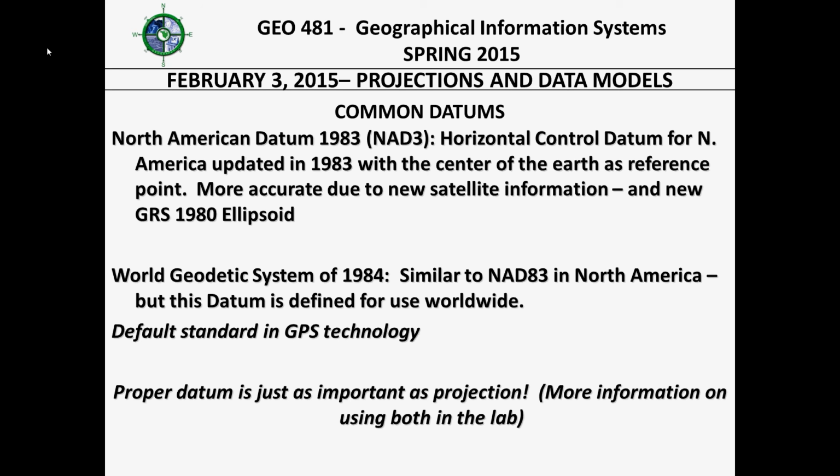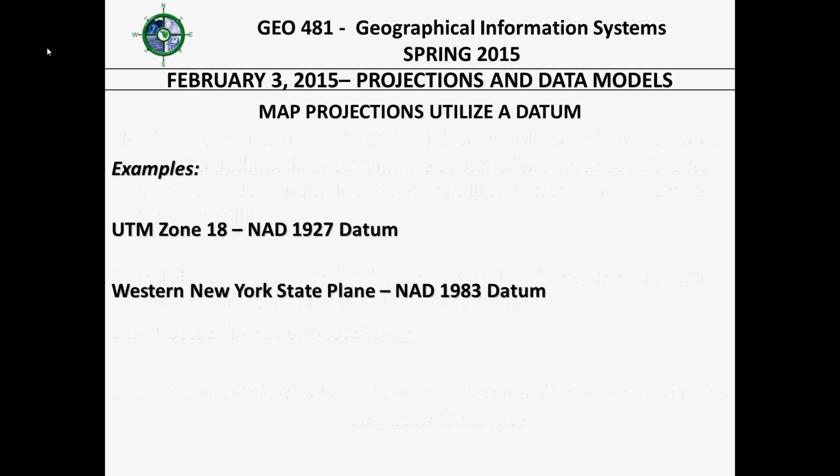I might ask the difference between a projection and a datum. Every projection has a datum. So when you project from a sphere to a flat surface, you're not actually starting from a sphere. You're starting from the irregular shape of the Earth. So when I say Western New York State Plane projection,